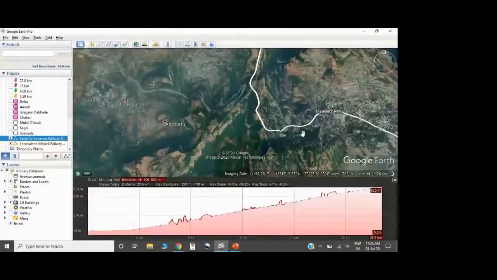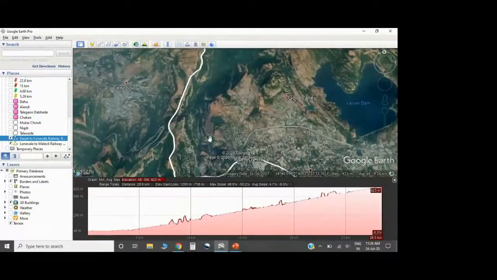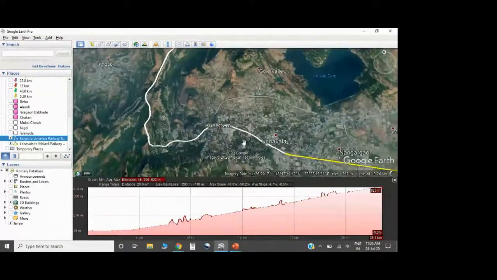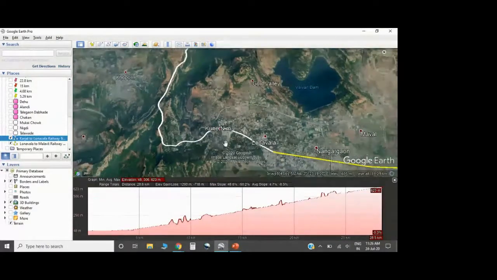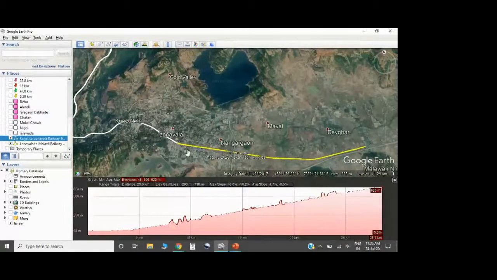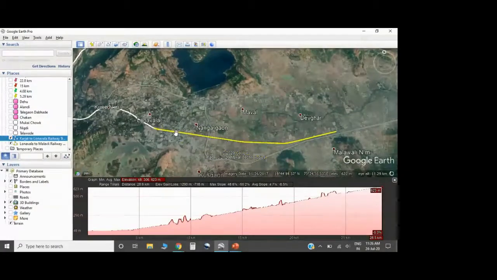The purpose of showing you this again is, those of you who have laptops or desktops with you and access to internet, you can just download this Google Earth Pro. It's a free software. You can download it from Google, and you can play around like this. You can understand things related to the topography or the gradients easily, and you can just go on playing with it.